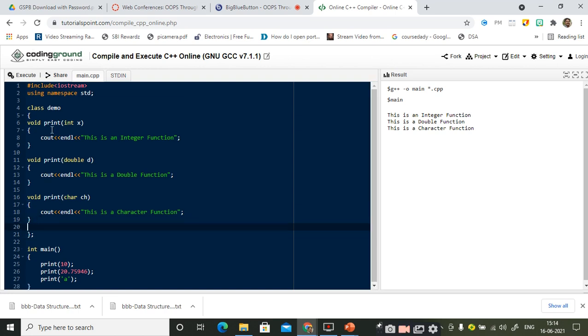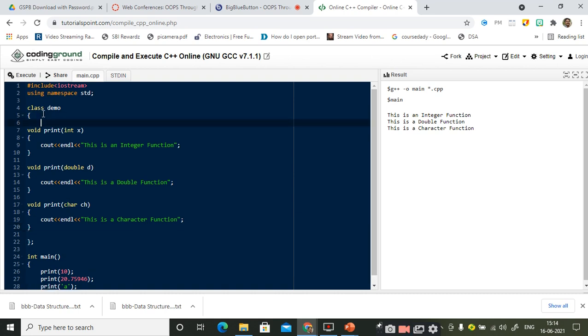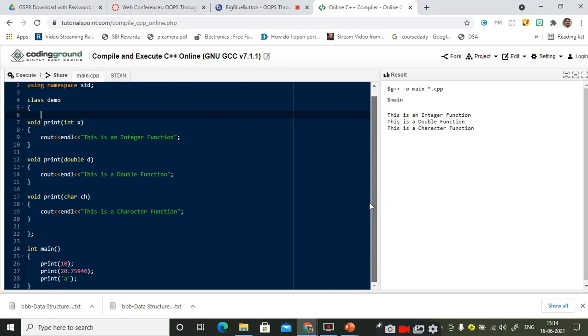Right? Is it enough? Is it enough that I put all the functions inside a class and then invoke these functions? It is not possible. Why? Because all the functions are defined inside the class, therefore these functions belong to the class. So if I want to access the members of the class, I should make use of an object, right?